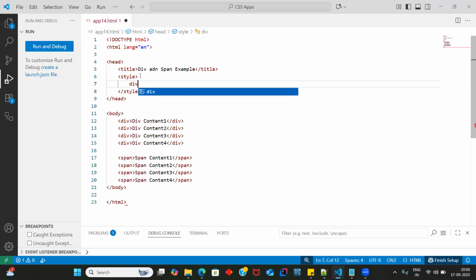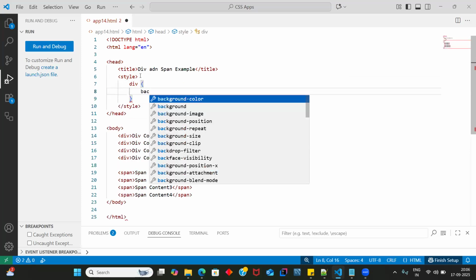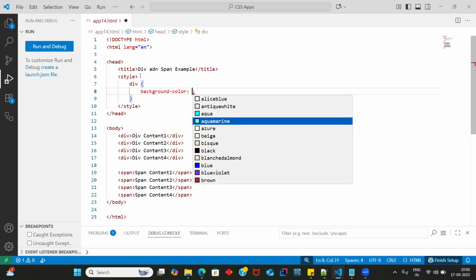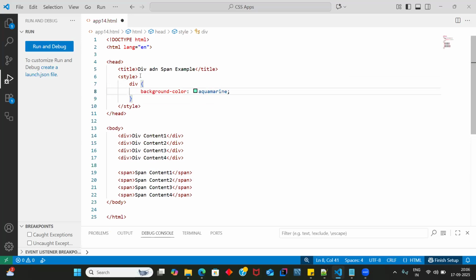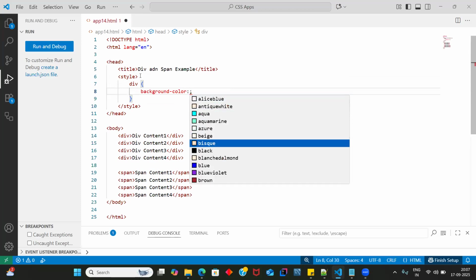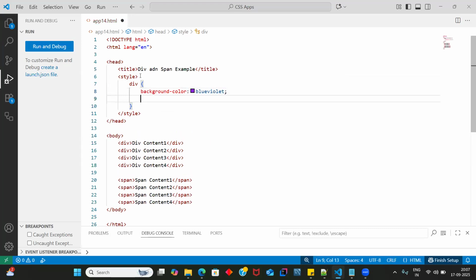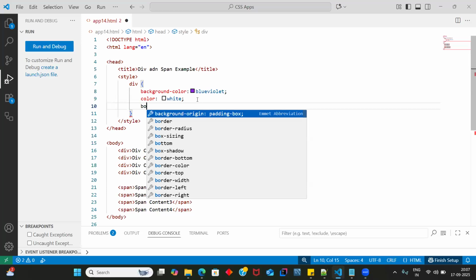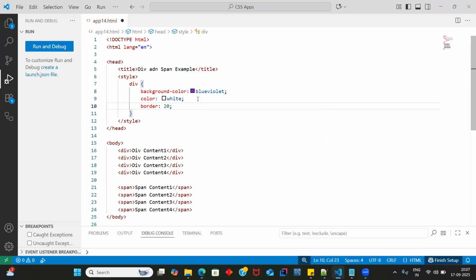Now, I decided to give some border or background colors for all the divs. So let's say I select div. The background color I'll give, let's say, blue violet, and the text color, let me give white, for all the divs. And also I'll be giving a border with 2 pixel solid red color. So if I run the code, you can see for all the divs,